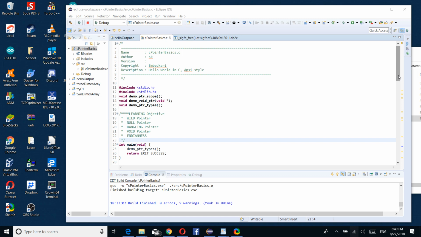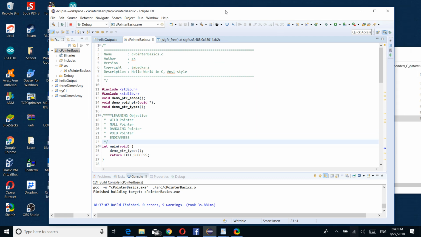This is regarding pointers. This is another session after we discuss arrays. So what we are trying to achieve in this particular session, the objective is to learn about pointers, null pointer, dangling pointer, void pointer, Endianness, and